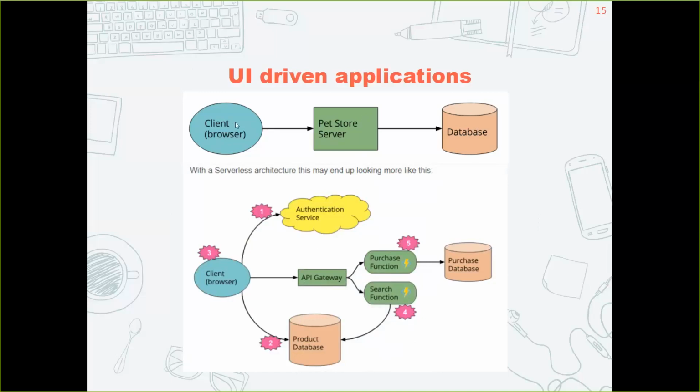Now what I've done is, it's more of a dumb browser. So when I say dumb, it's not doing anything smart in it. All it's doing is going to a website URL, and from there you're doing a purchase or placing an order, searching for some product for your cat or dog or something, and then you're buying the food, and that request gets stored in the database. Now when you go into the serverless architecture, this is going to be a bit more complicated, but I've simplified it a bit. So if you've got any questions, stop me at any point in time, okay?